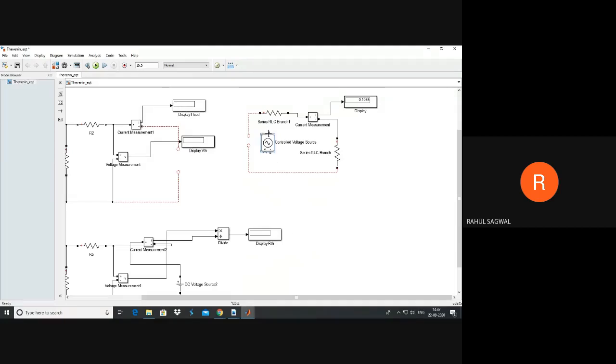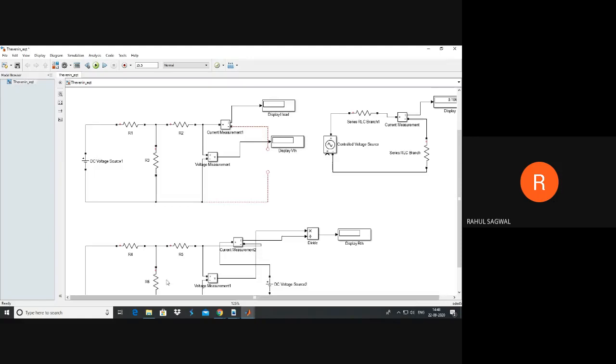If you connect this controlled voltage source in this circuit, you just need to feed in the controlling parameter basically. So what is the controlling value? This one. So whatever VTH is appearing across this circuit, that VTH should directly feed this controlled voltage source.